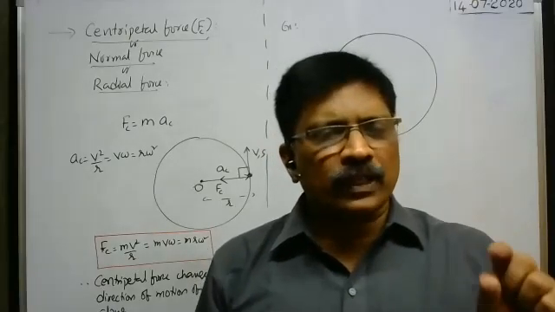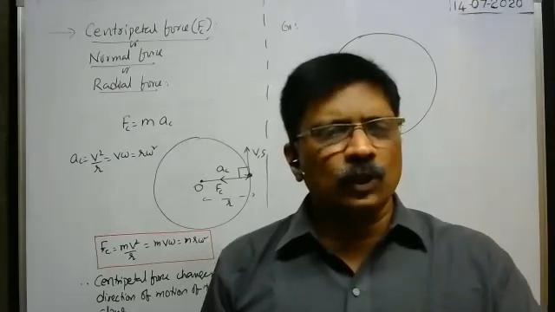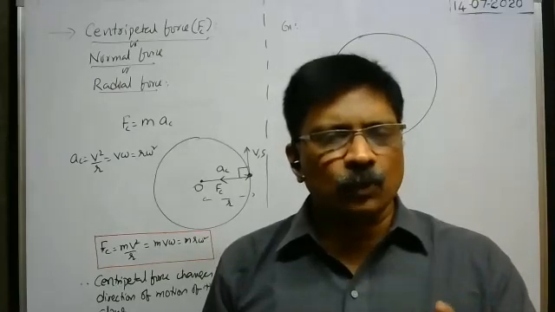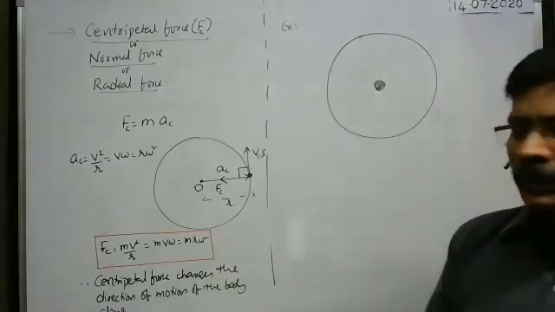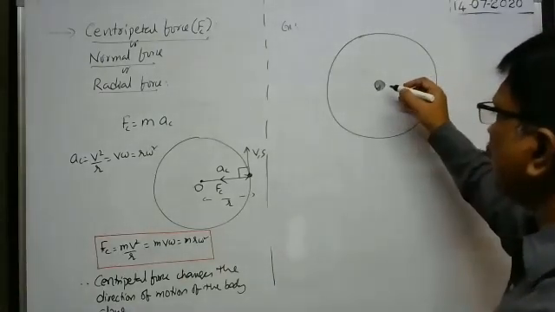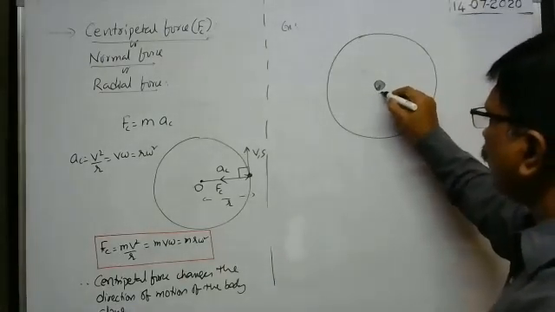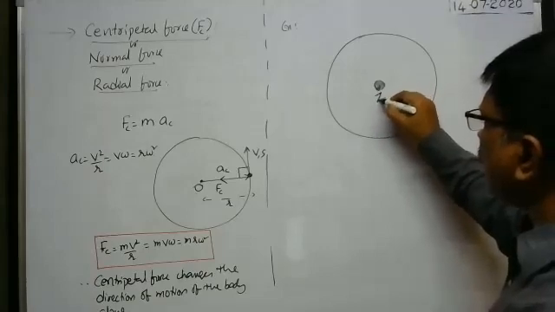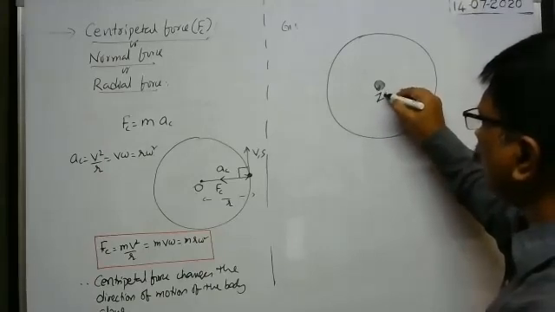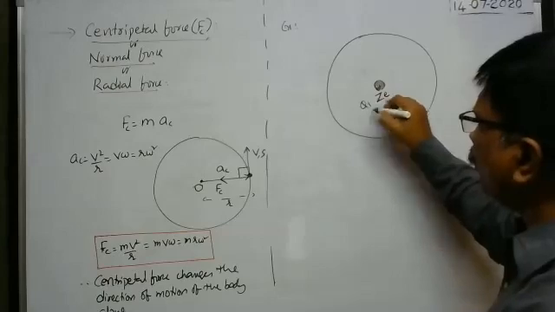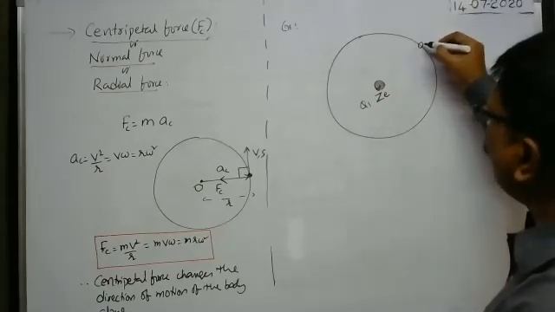Charge of each proton is a small e, where e is equal to 1.6 into 10 to the power of minus 19 coulombs. So the charge of each proton is e, and Z number of protons are there inside the nucleus. That's why the total charge of the nucleus is equal to Ze. That is Q1. Here, the electron revolves around the nucleus.